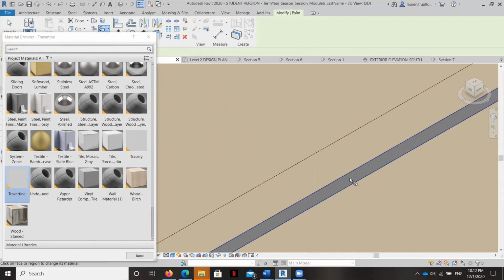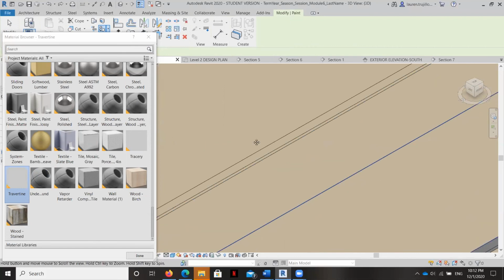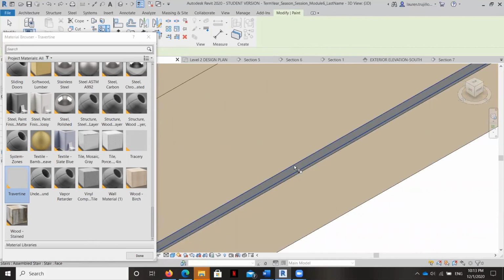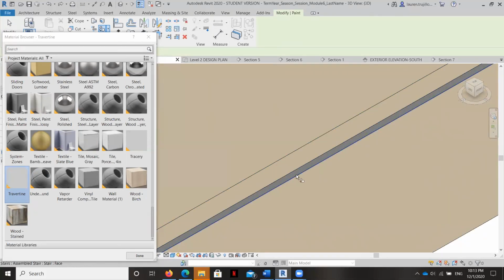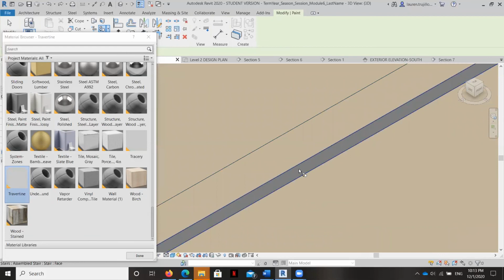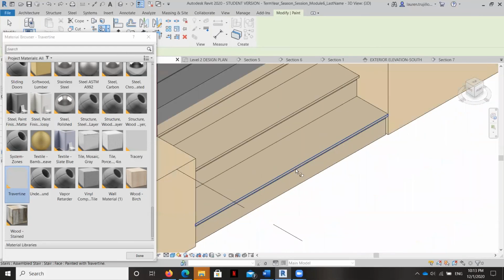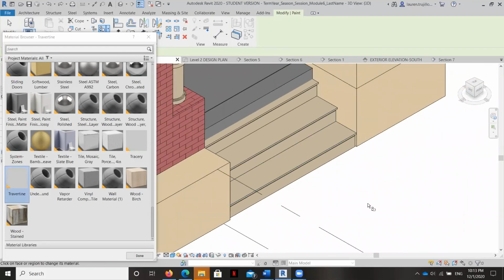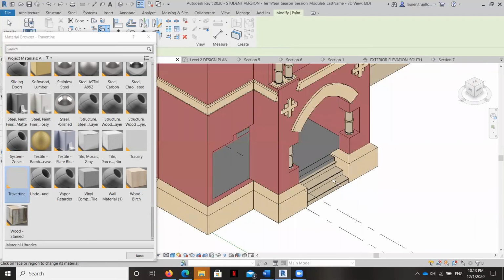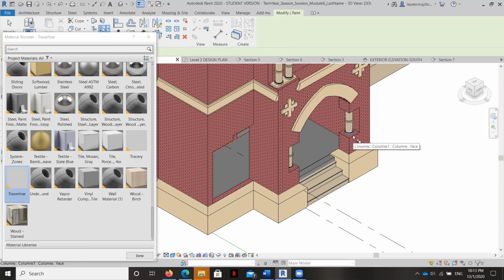So you can see where linking two files has a lot of convenience to it because it allows multiple people to work on files and the file itself to not get so big. However, it does make things a little bit difficult when you have to try to calibrate the two because it doesn't allow you to do everything to both models at the same time.